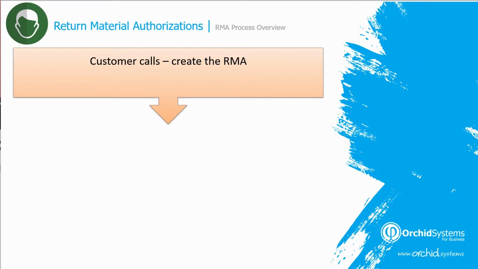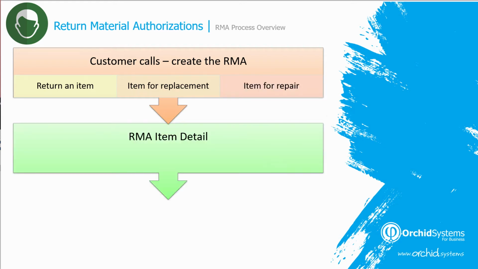The overall process flow for RMA is, once the customer calls and says they're going to return an item or send an item in for repair, to create the RMA. And this could be for an item that's going to be returned, or an item that needs replacing, or an item for repair. And then when the item arrives, it can be inspected or repaired or worked on, and a